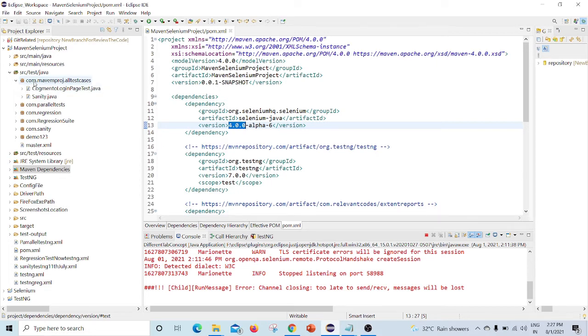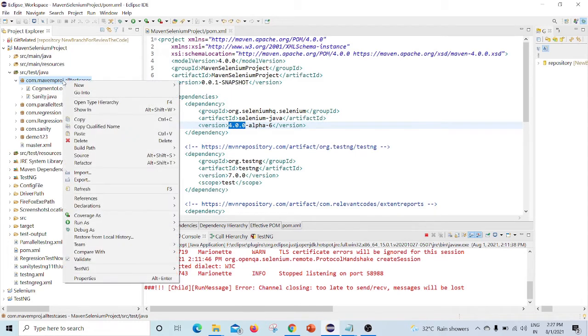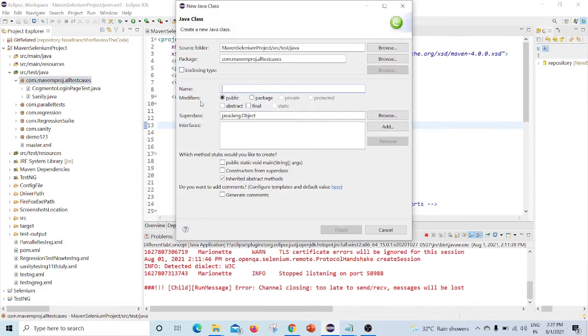So this is my package, all test cases. Just select the package, right click, select New, and then Class. Give some class name. I'm giving the class name different tab concept, and click on Finish.